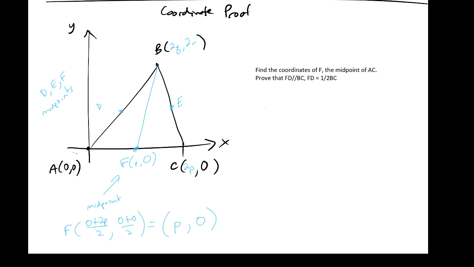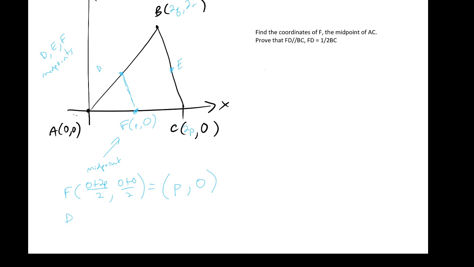All right. So it would make FD right here. This guy would be a midsegment, correct? Okay. We need coordinates then for D as well. While we had the direction of finding the coordinates for F, now we also need to find it for D. Well, that's not bad, because if D is a midpoint, then we can actually just employ the midpoint